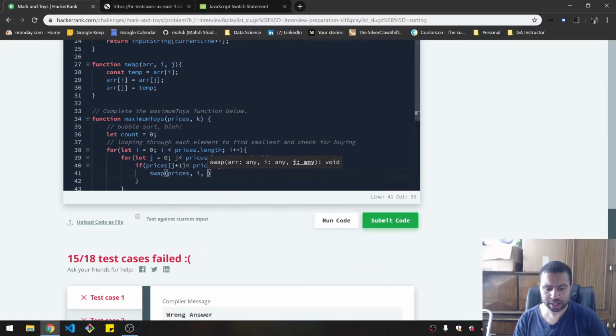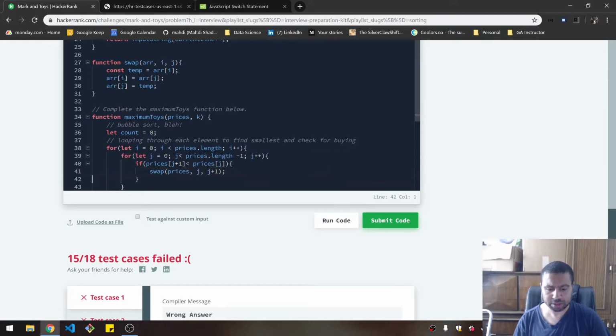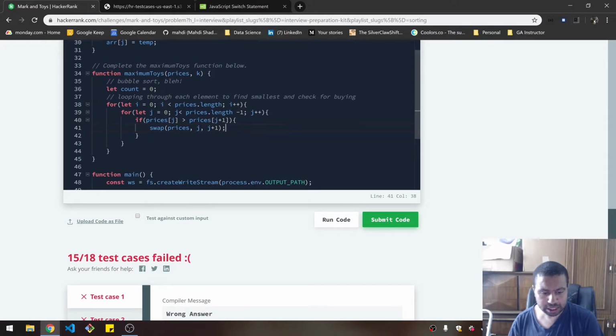This is i, and then j and j plus 1. So I can also say j is greater than j plus 1. It means I want to swap,